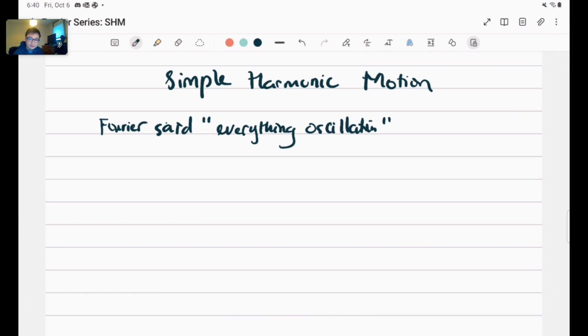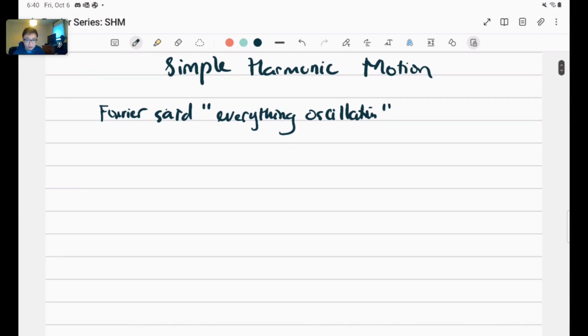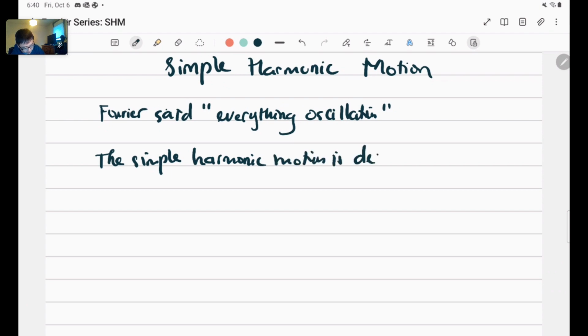Okay, so let's start with a simple harmonic oscillation. A simple harmonic motion is something that is easy to depict. The easiest one would be the pendulum, where you have something that's swinging back and forth. Usually when we picture the simple harmonic motion, the simple harmonic motion is depicted by